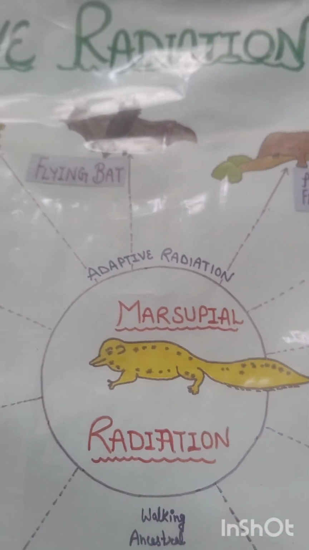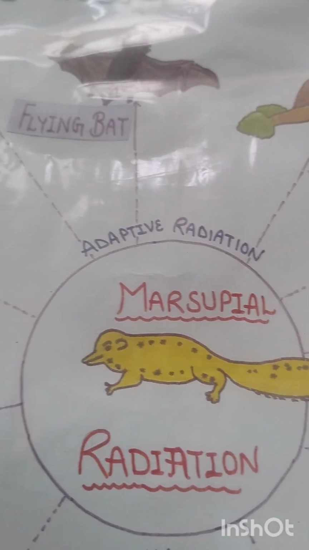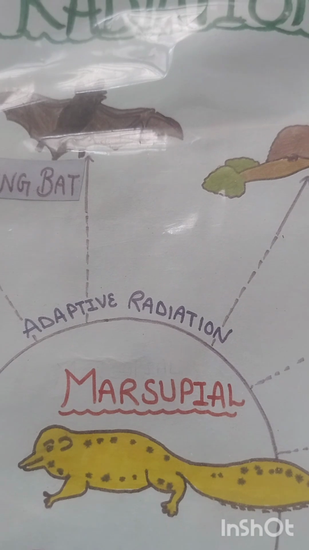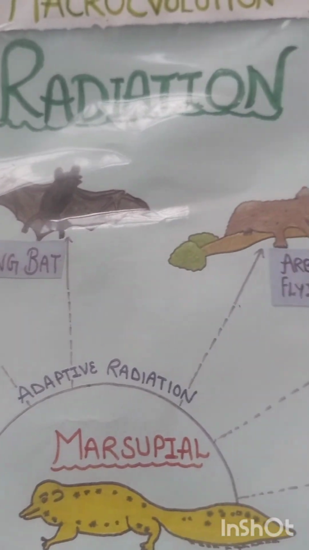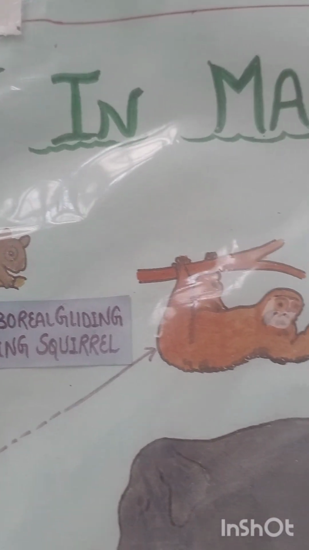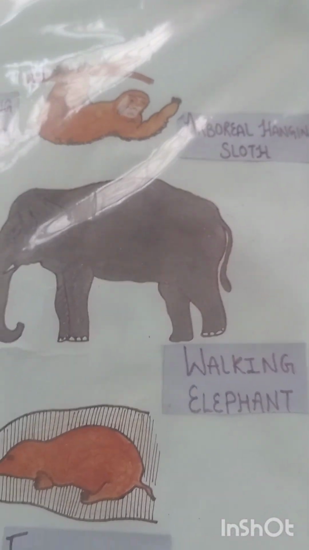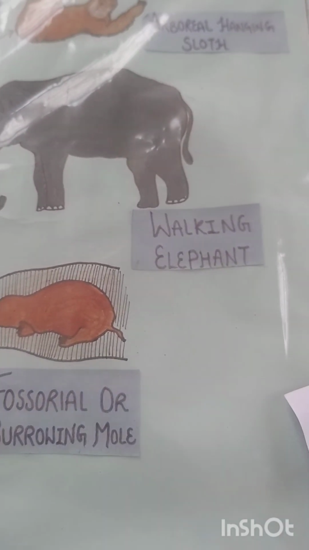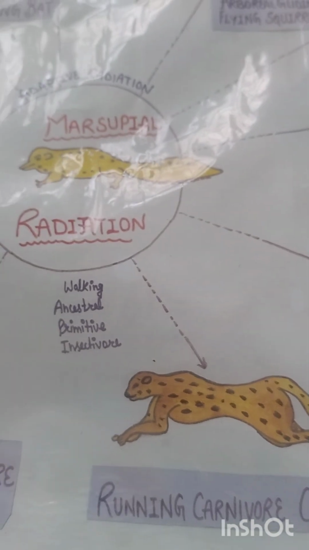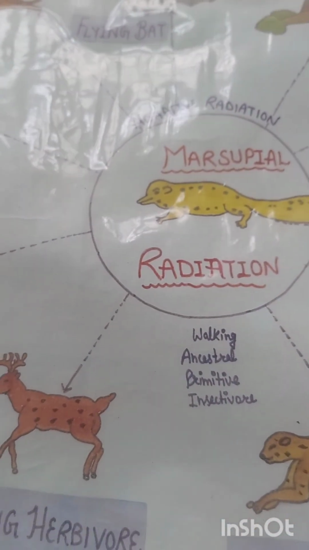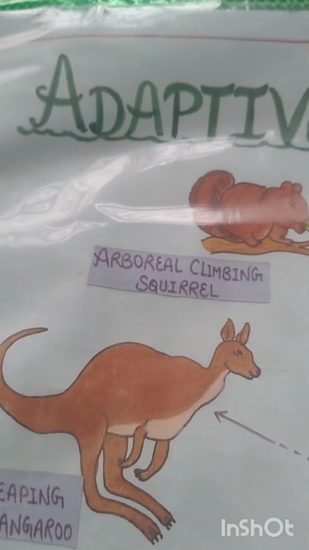In the starting you can see adaptive variation, then the ancestor, which can change into different forms: flying bird, flying squirrel, arboreal hanging sloth, walking elephant, then fossorial or burrowing mole, then running carnivores like cheetah, running herbivores like deer, swimming seal, and leaping kangaroo, and